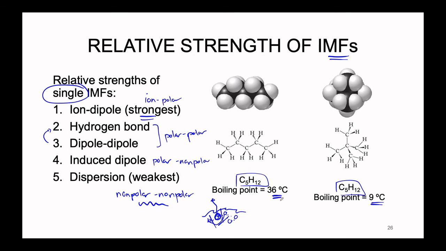So if we observe a substance that has a high boiling point, what this means is that there are stronger intermolecular forces between the molecules holding things together. In the cases where we have lower boiling points, we're actually observing the case where we have weaker intermolecular forces holding the molecules together. And in this pentane example, where the only difference is the arrangement of the atoms in